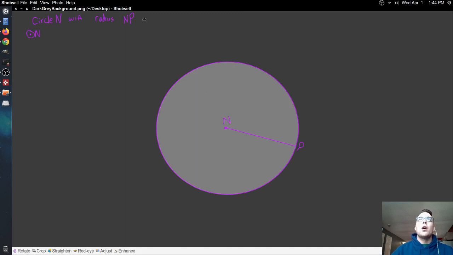and I'm going to also draw in a diameter. Diameter QR drawn here. Remember, diameter always goes through the center of that circle. Here's R. And here is my Q. All right, so